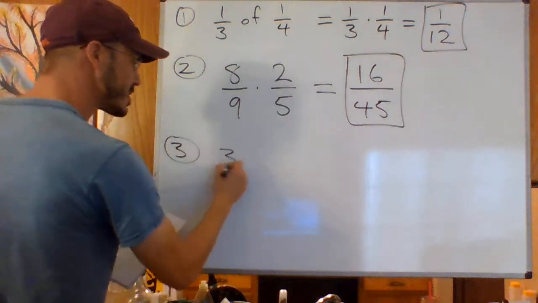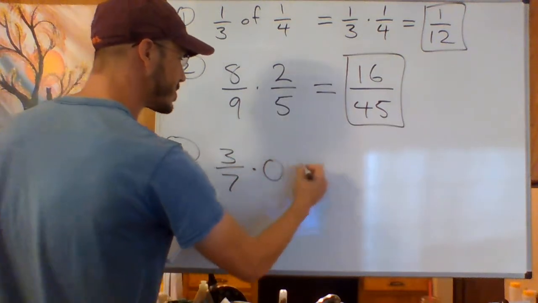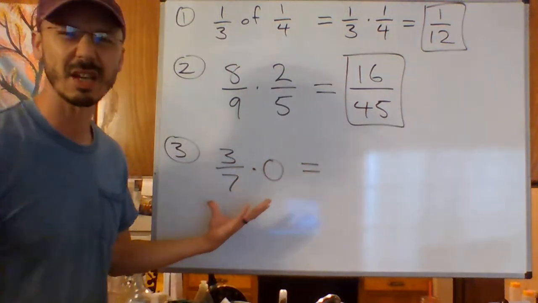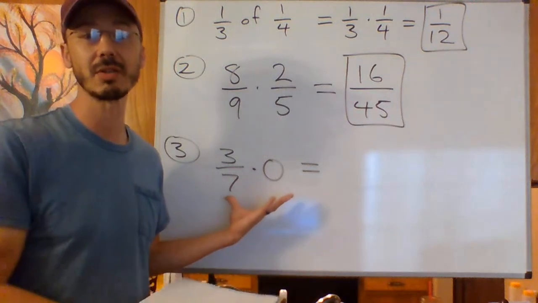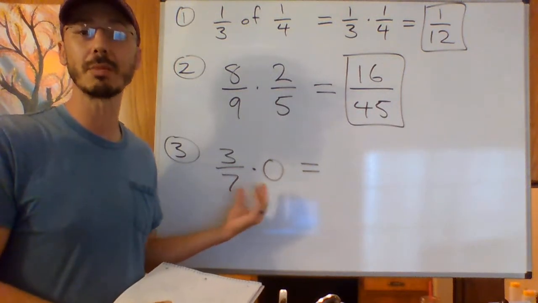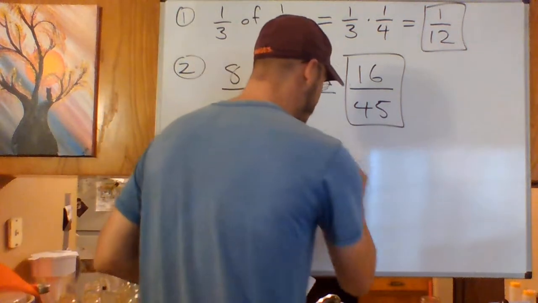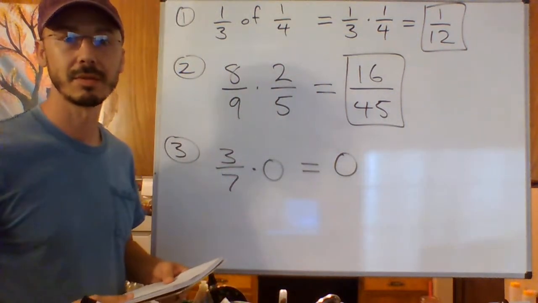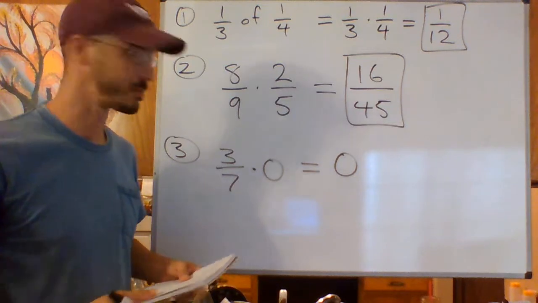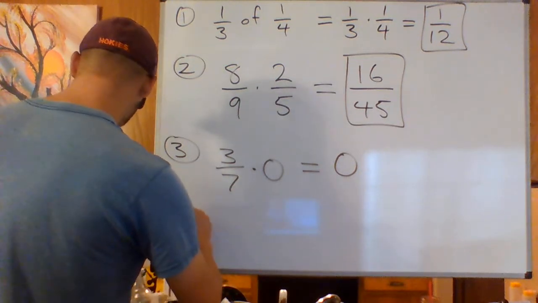Number 3 says 3/7 times 0. We're going to see things like this occasionally in this section and later sections, but multiplying something, no matter what it is, by 0 results in 0. And then for number 4,